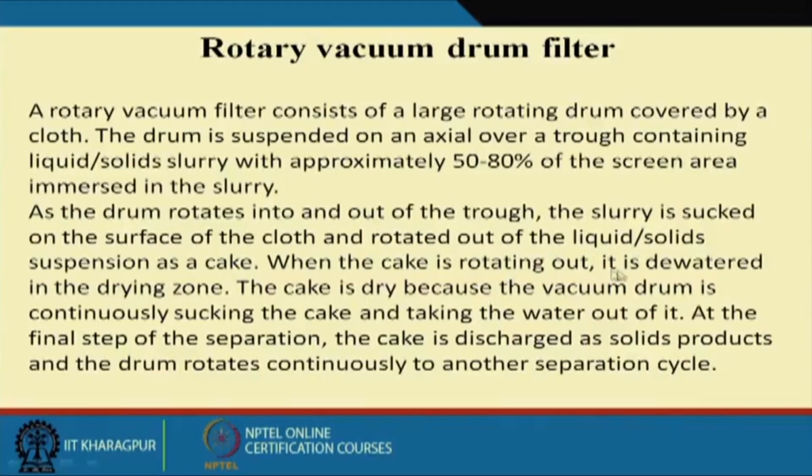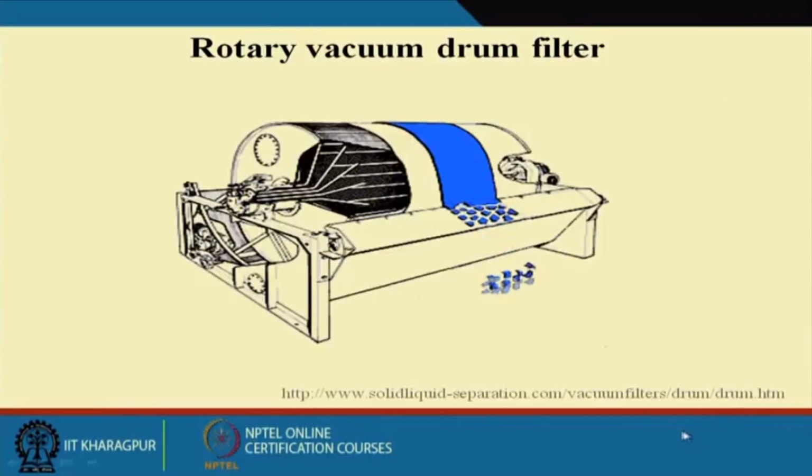When the cake is rotated out, it is dewatered in the drying zone. The cake is dried under vacuum, the drum continuously sucking the cake and taking the water out. At the final step of separation, the cake is discharged as solid product and the drum rotation continues to another separation cycle. Now this is the drum, this is rotating, and this is the muslin cloth